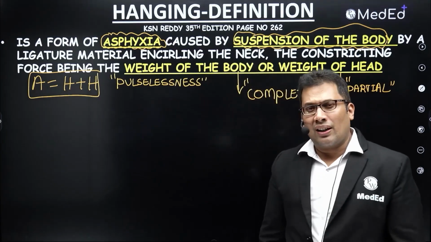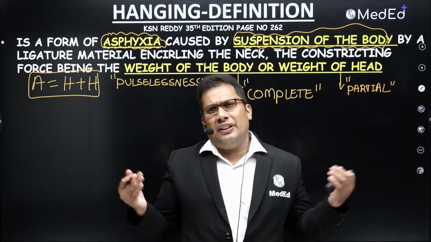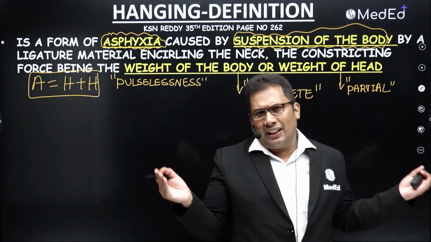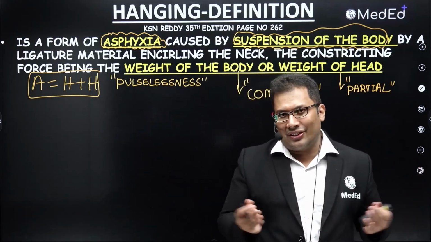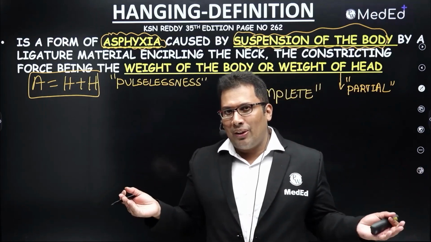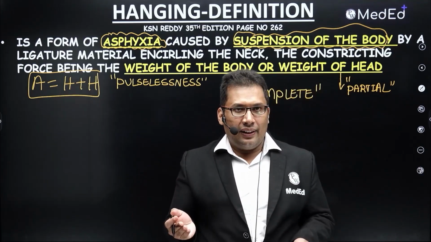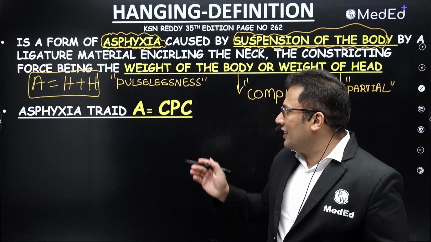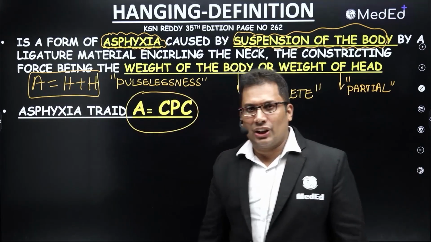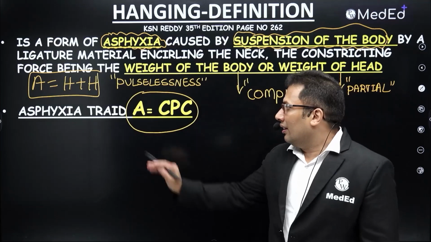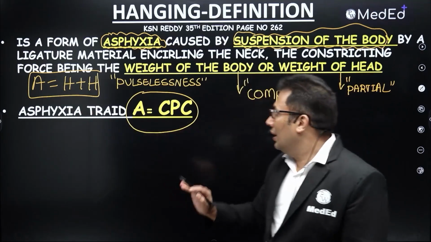Now let's see the cardinal features of asphyxia. They are congestion, petechial hemorrhages, and cyanosis. You can remember the important features of any asphyxial death with a mnemonic: A equals CPC. A for asphyxia, the asphyxial triad. C for,